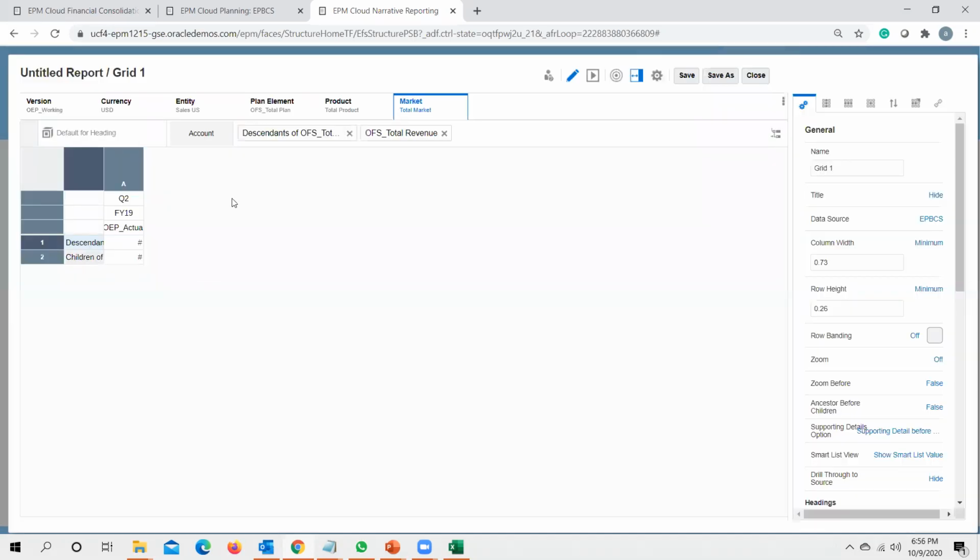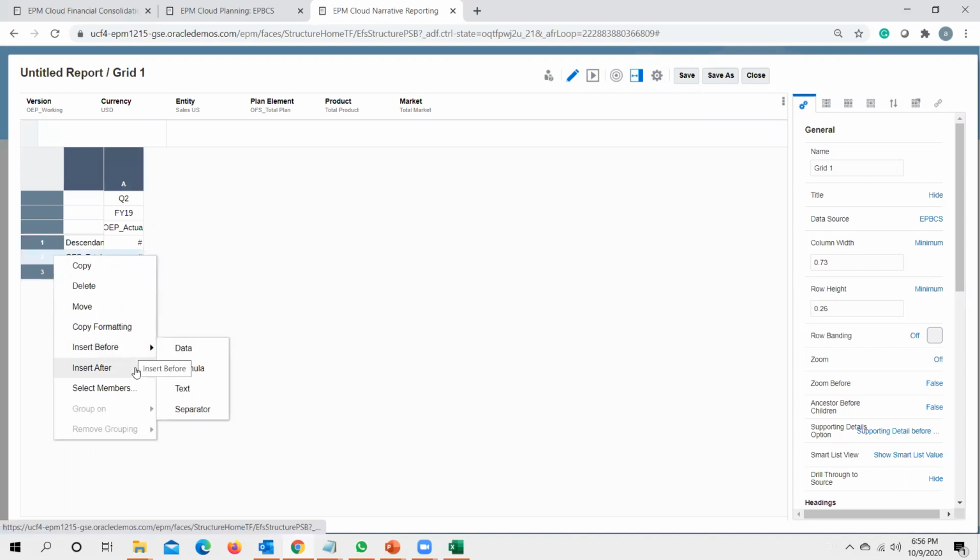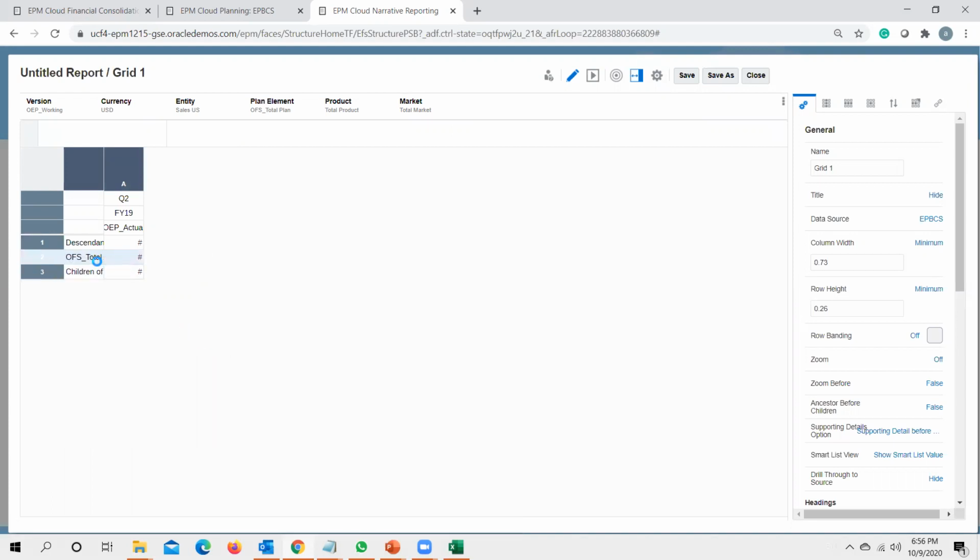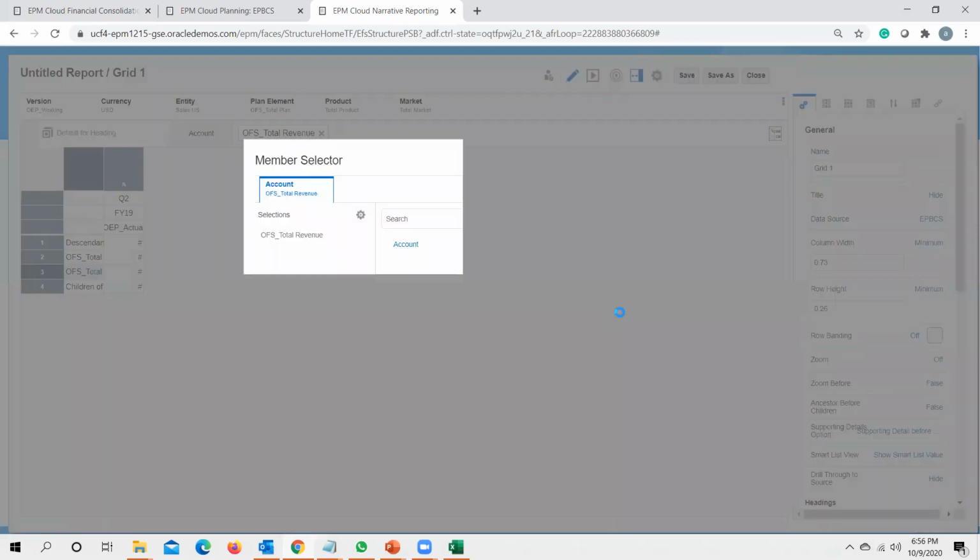Okay. Similarly, I just separate these rows. So now what will happen? I will get my children of total revenue and my total revenue. I just click, I insert a row after total revenue, and here I will select total cost of sales instead of total revenue so that I could get